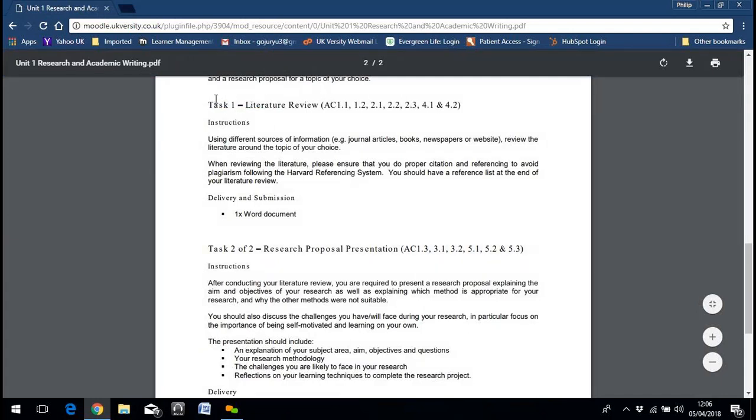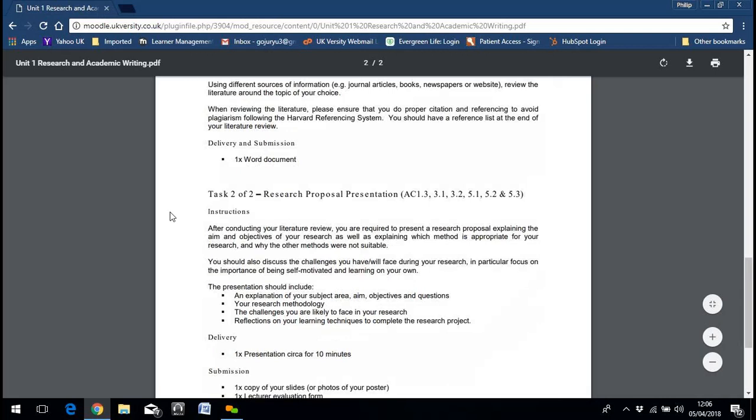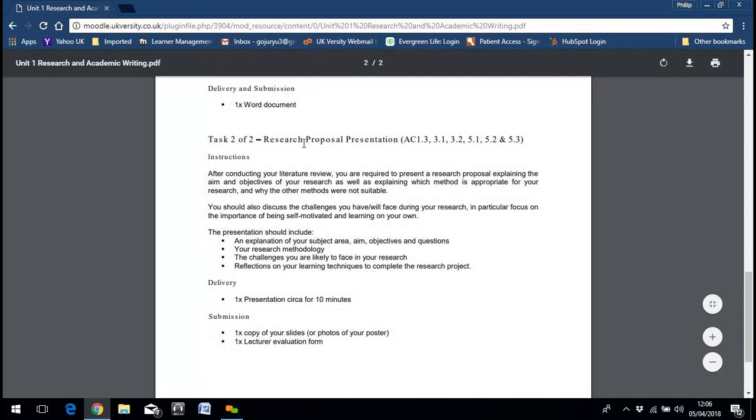Task 1 is a fairly small one. It's only a Word document you need to produce, covering these bits in here. Task 2 is the main part of that. It's presenting that proposal presentation. After you've done your literature review, you're required to present a research proposal explaining the aims and objectives of your research, as well as explaining the method. So once you've sent it to me and I've said, yeah, that's okay to use, the next bit you should then